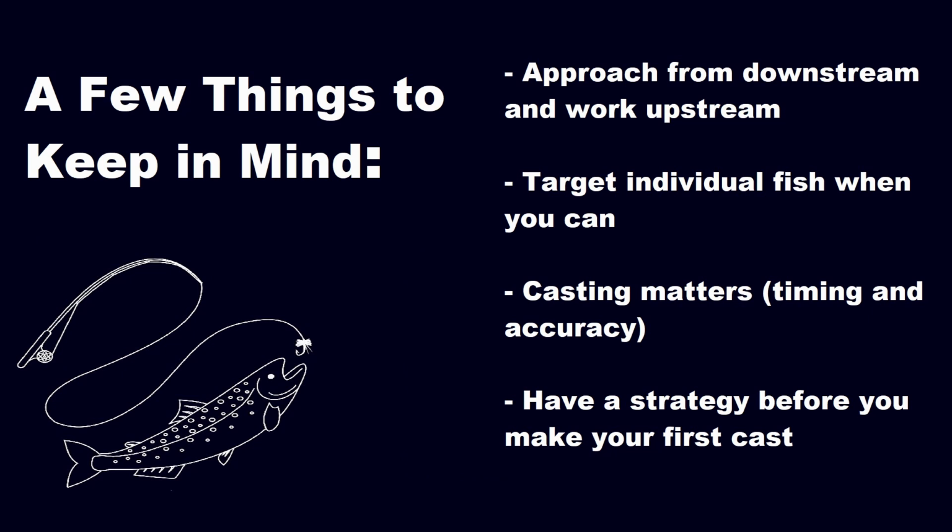The third point I wanted to emphasize is that casting really, really matters in these situations. Whether that's making sure your fly is in front of the fish during their feeding cadence, or making sure your fly is there at all and in the feeding lane of the fish you're targeting. This is the time when going out to a lawn and casting to dinner plates and being able to put your fly in the spot and in the lane is really important, and that's something you should make sure you're